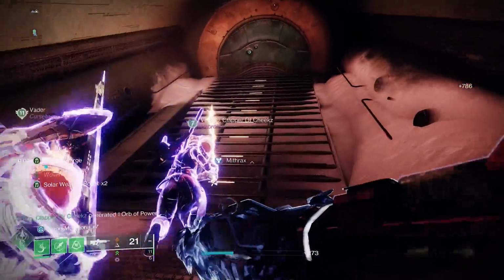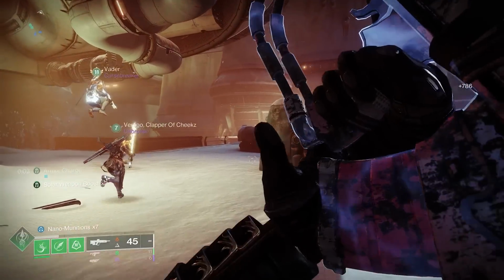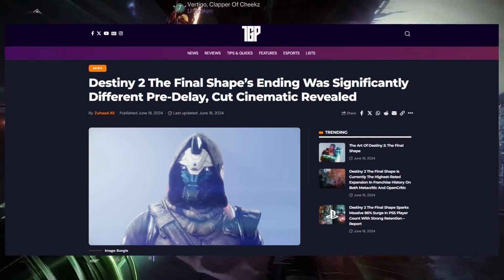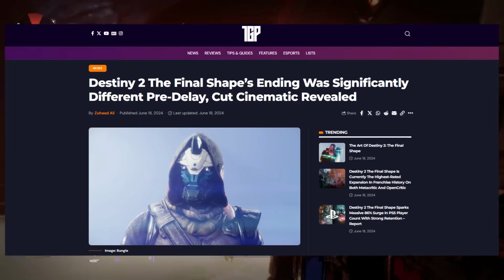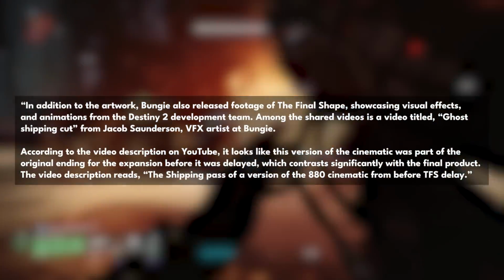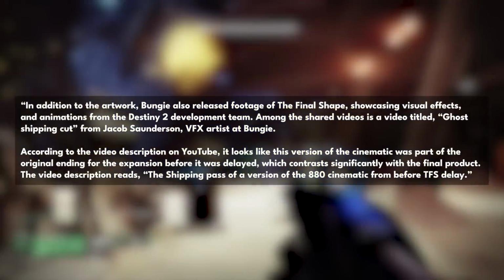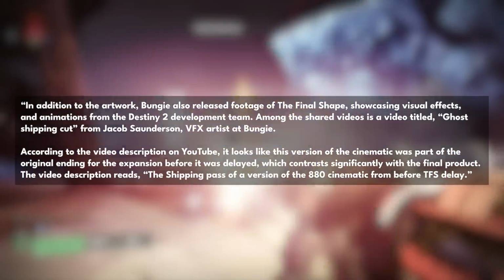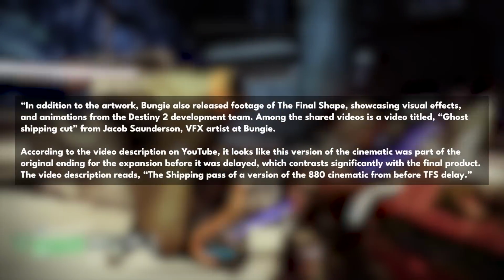Let's first start with this alternate ending of sorts that seemed to be a thing at one point. The source of this information, the article from The Game Post, is linked below. Here's what part of it says. In addition to the artwork, Bungie also released footage of The Final Shape, showcasing visual effects and animations from the Destiny 2 development team. Among the shared videos is a video titled Ghost Shipping Cut from Jacob Saunderson, VFX artist